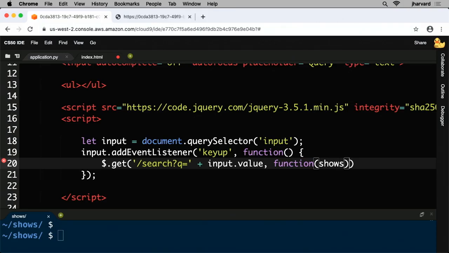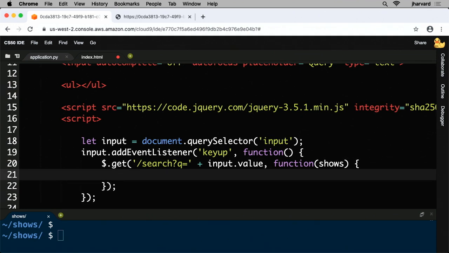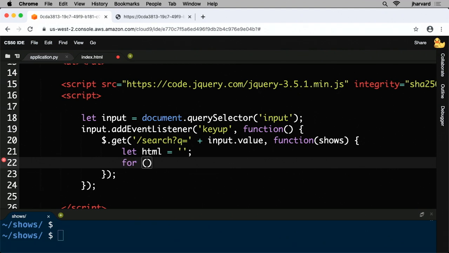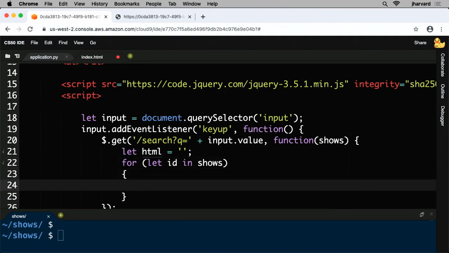So what function do I want it to call? I want it to call this anonymous function that's going to take as input an argument called shows. But I could call that anything I want. And I'm going to do this. I'm going to create an HTML string that's initially nothing, "". I'm then going to do a for loop in JavaScript, letting a variable called id equal to whatever id is in the shows that just came back to me. And now, inside of this for loop, let me create a title that's equal to shows, which is, again, the data that came back via that callback, so to speak,